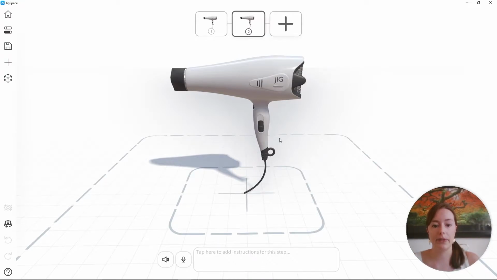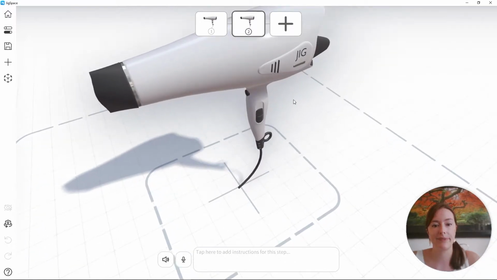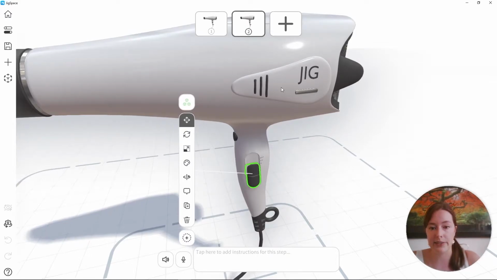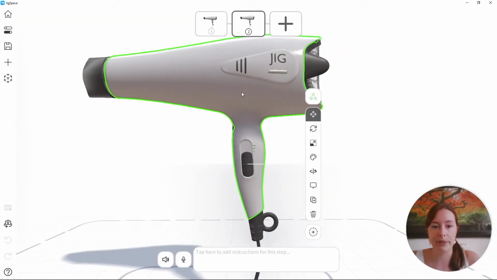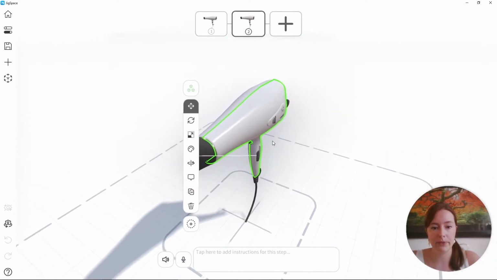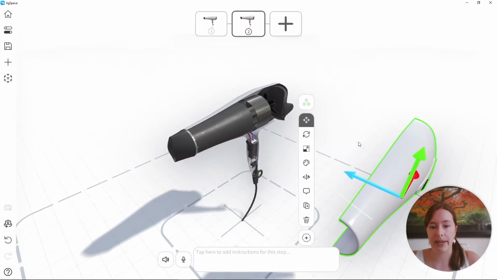Now on step 2, I want to follow through and discuss the internal components that I mentioned on step 1. So what I'm going to do at the beginning is pull out this outer casing and reveal those internal components. To do that, I'm pressing Shift in order to multi-select these external pieces. I'm also keeping in mind these little dots, which I'd like to move out of the way as well. And with all of those selected, I'm going to select the Move tool and pull these objects out of the way.